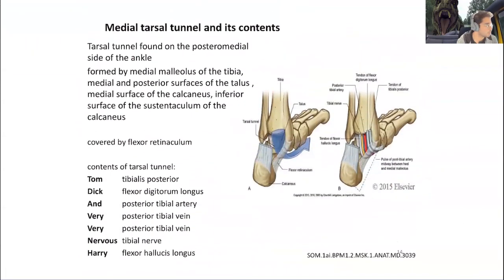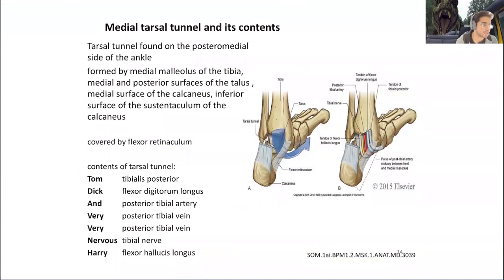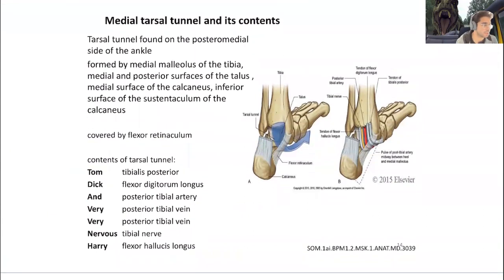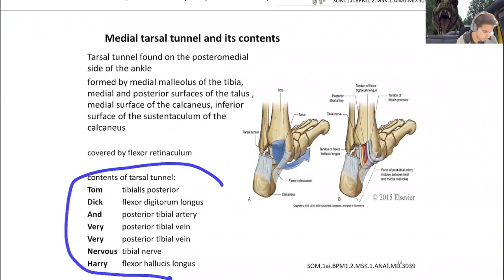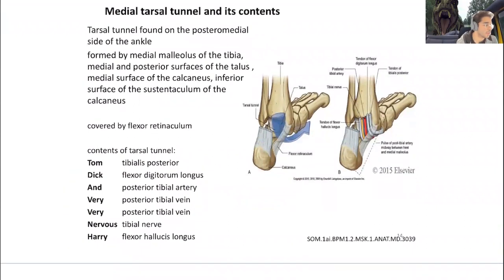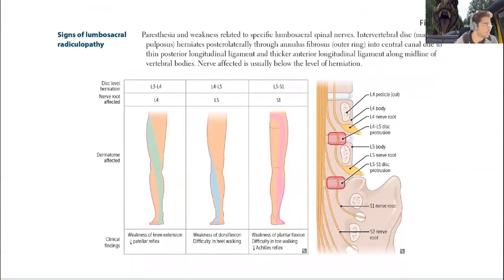The medial tarsal tunnels and the things that go through them, here it is, okay? The foot isn't tested as heavily because they preferentially like to give you guys brachial plexus stuff, and it's a little bit more challenging because this one you guys can just memorize straight off the bat and get most of these answers. But there's a couple of questions that they do like about the lumbosacral radiculopathy based off of